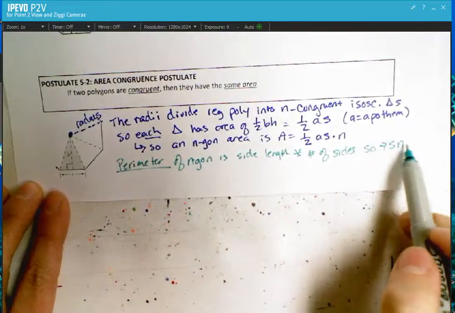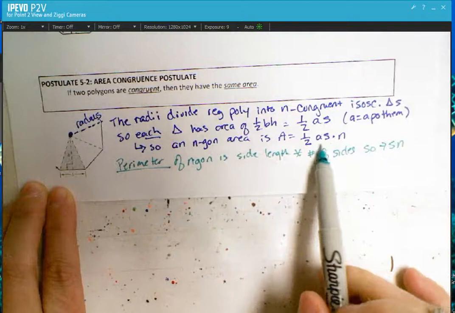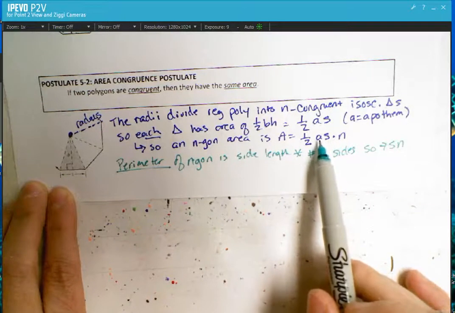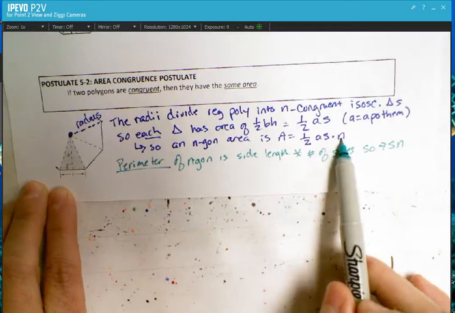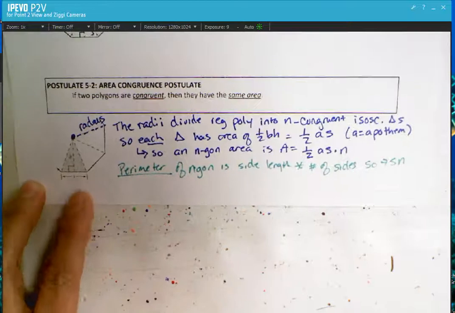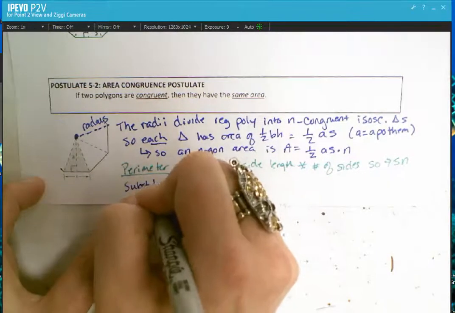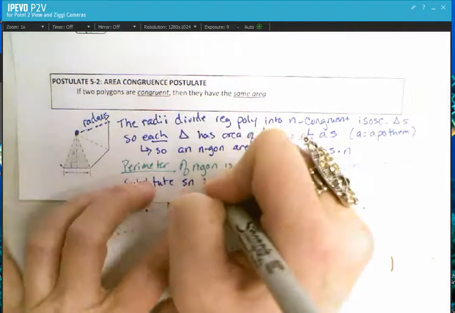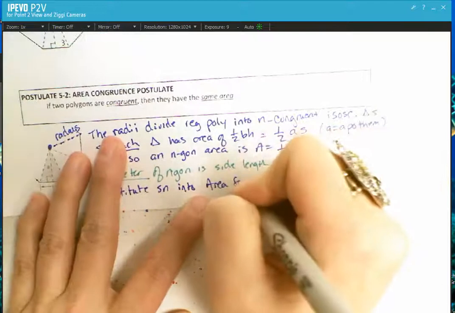Side length times the number of sides. Well, if we look at our formula for the area of each triangle, we see that we have apothem times side times the number of triangles. So s times n, which is the same thing as s times n. So I can substitute s times n back in. I'm going to substitute sn into the area formula that we derived above,